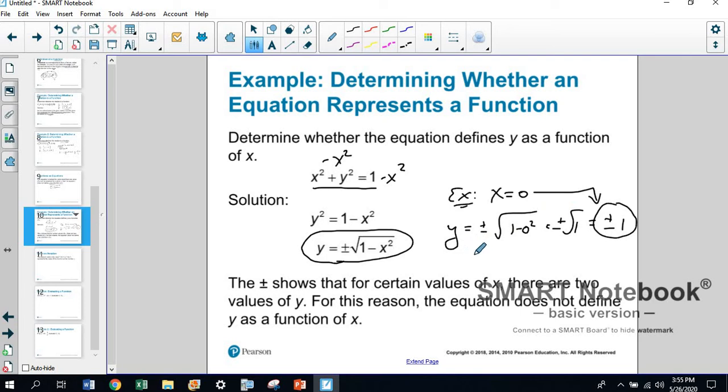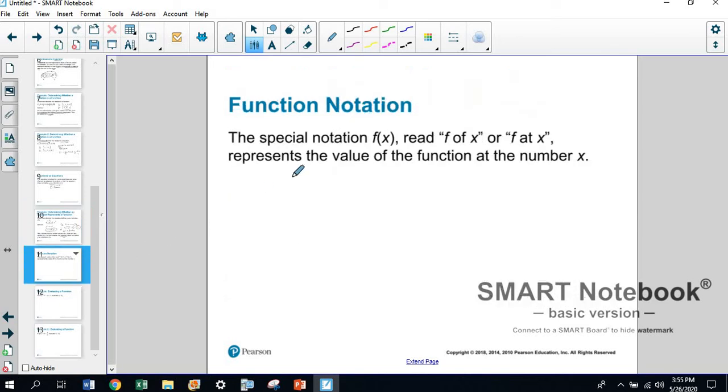And that's not allowed. That's not a function, because for an x, you plug an x in, you can get two y's out. Okay? So that equation does not define y as a function of x. Okay? Now, hopefully you understand the basics of functions, but the good part is mathematically we don't leave it to chance. So when we have a function, we write something like f of x instead of y. So f of x replaces y